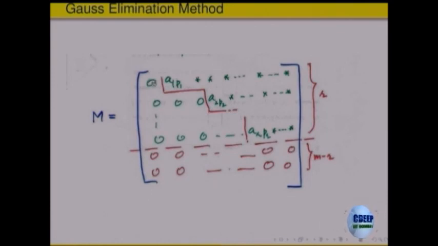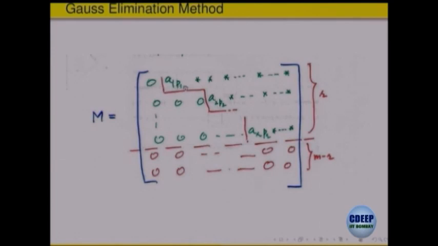Maybe the first row, first entry is 0, it does not matter. So there is a number r, here is the number r, so that the bottom rows are all 0. What are the non-zero rows left? These top r rows are non-zero. Each of these rows has a non-zero entry somewhere. We are only describing which place it has the non-zero entry.